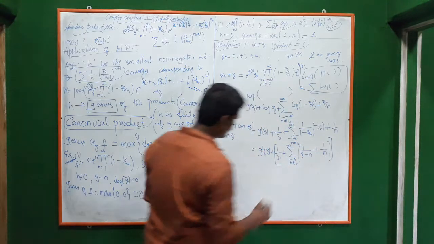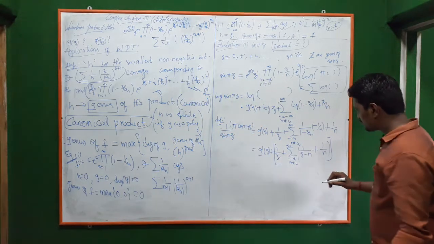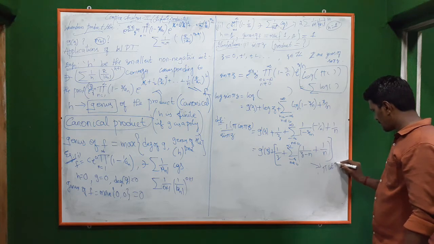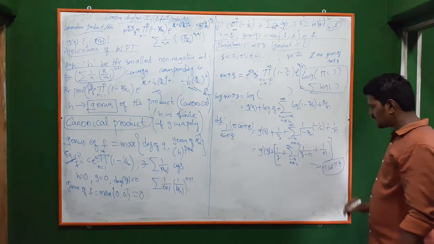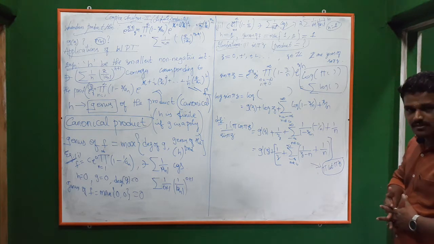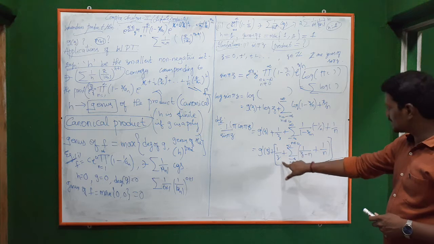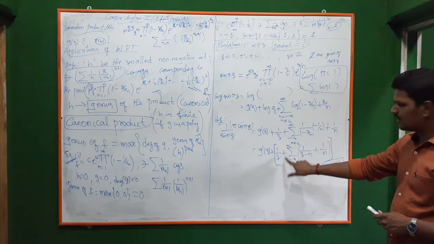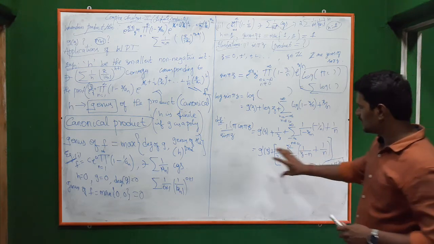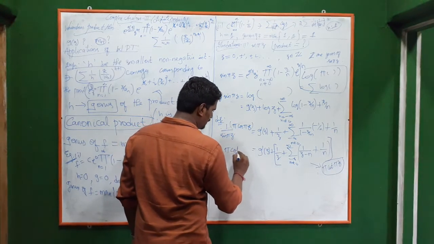This thing we have proved somewhere else before, in the same infinite product section. This is nothing but pi cot pi z. Not a series representation, but partial fractions. In partial fractions we have proved this: pi cot pi z is summation of minus 1 by z plus summation n from minus infinity to infinity, n not equal to 0, of 1 by z minus n plus 1 by n. This is pi cot pi z, and on the left hand side we will also get pi cot pi z.